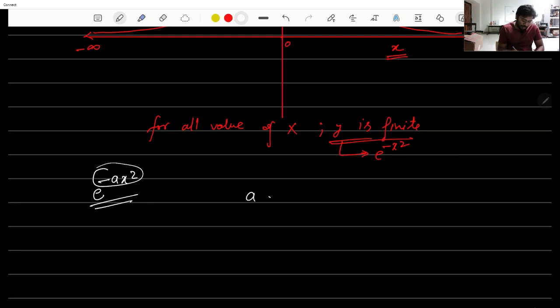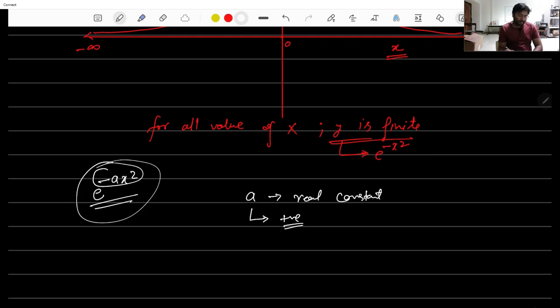If a is a real constant, fine, and a is positive, then in that case the sign of this exponent will not change and this integrand will be finite over the whole x-axis range. But if a is negative, in that case, over the whole x-axis, this integration will become